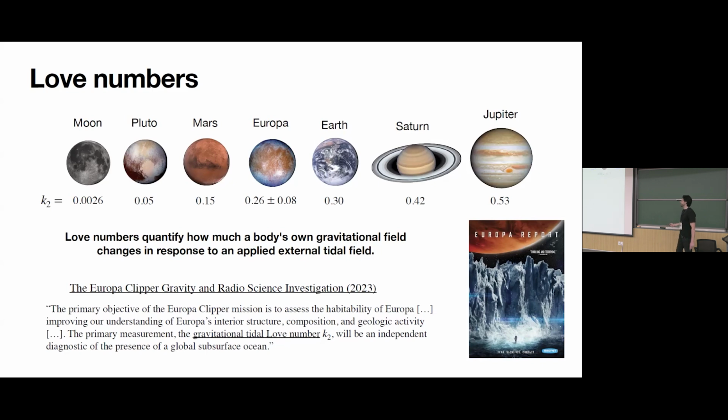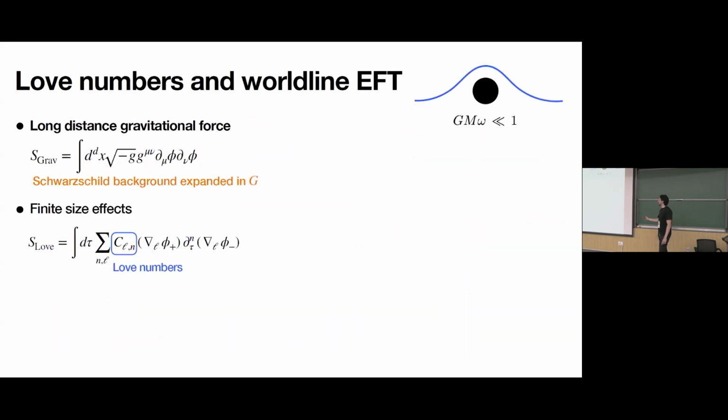Anyway, we can actually be a bit more rigorous, okay? So we can define Love numbers very nicely in an EFT as a Wilson coefficient of a worldline action. And this is what will be the difference between all these compact objects, including black holes, planets. So the idea here will be to scatter a scalar wave on a compact object in this long wavelength